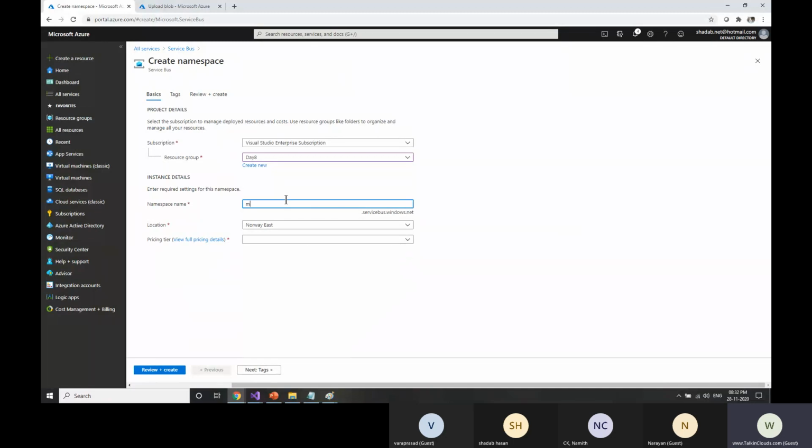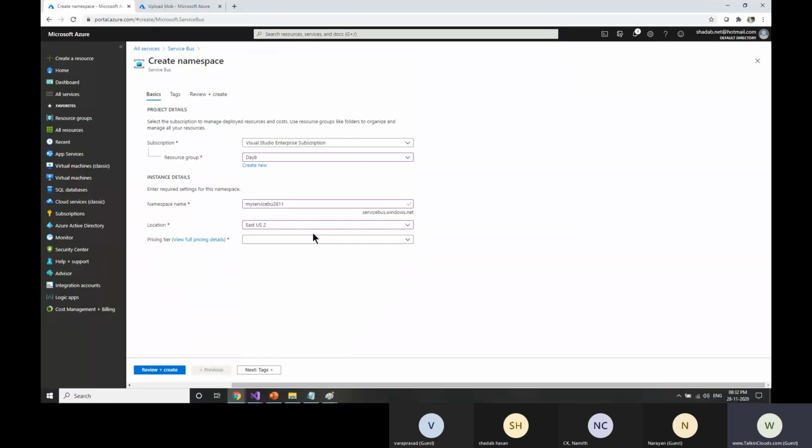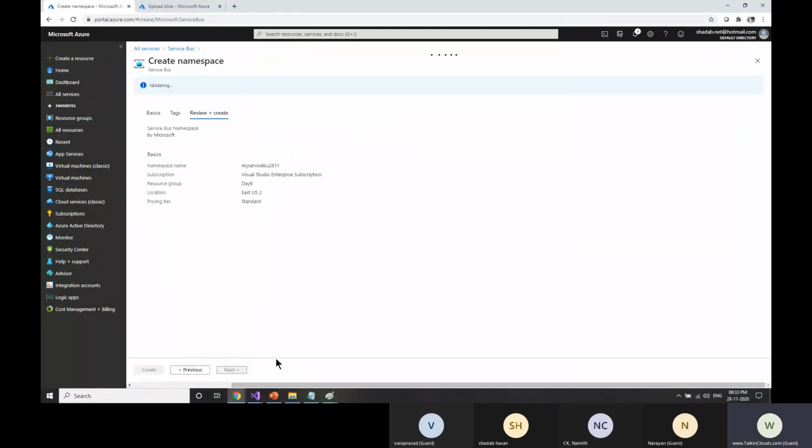I'm putting the Service Bus name, my service bus, with the date and month. Again, you see the pricing tier here. Based on the pricing tier, the size of the message and other features will be defined. Okay. So I'm selecting Standard, clicking on next, and then create.